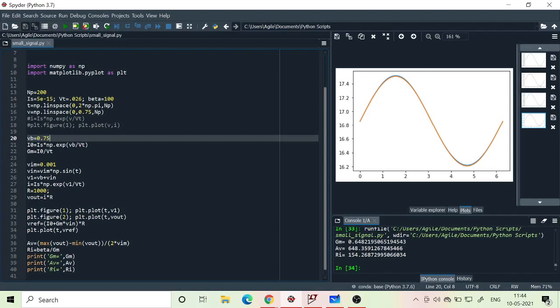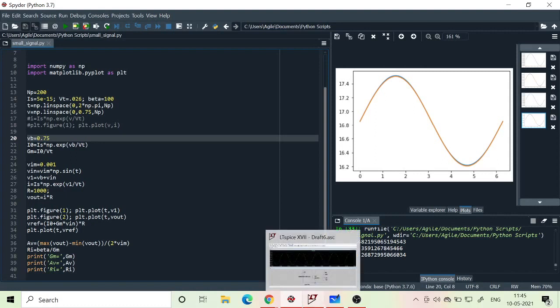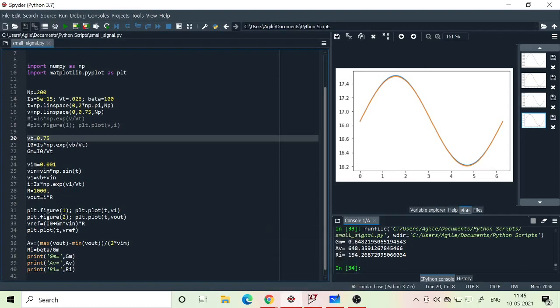If the amplitude of the input signal is very small, then it can be approximated as a linear amplifier. Otherwise the amplifier is not linear. What you get at the output is not exactly the same shape, it will change the shape. That is a distortion. We call it nonlinear distortion, because it will introduce higher harmonics like 2 omega, 3 omega, etc., and that is not a good thing for an amplifier to do.